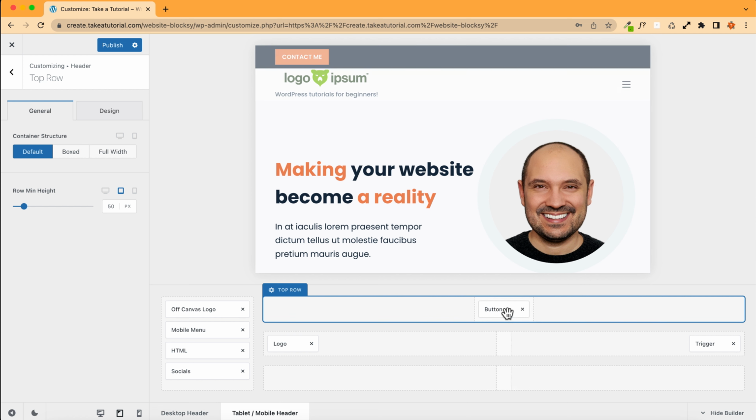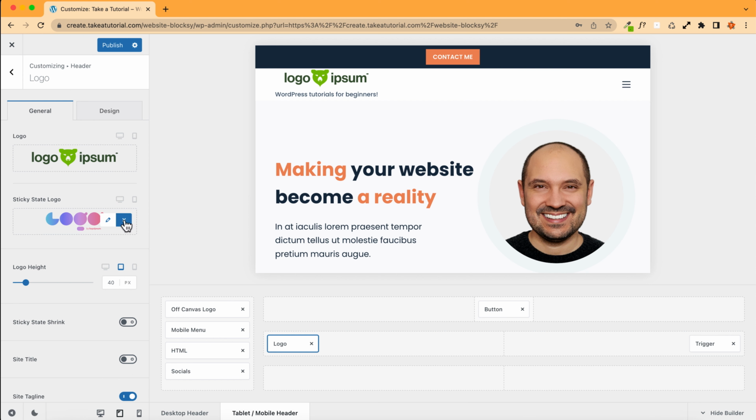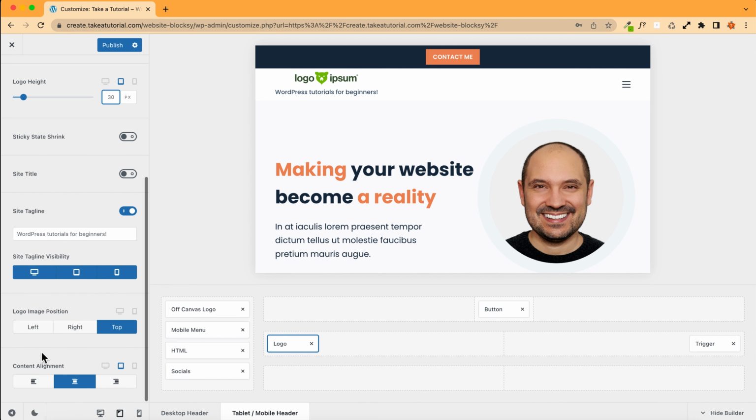And in this case, we will leave it centered because it's a great position, I think, for a call to action, for example. And we can go to the logo and choose to have a different logo height, for example, a 30, because on mobile phone we have less space, of course. We can also choose to align the logo differently. We can align it to the left side, which is more interesting when we are on tablet and